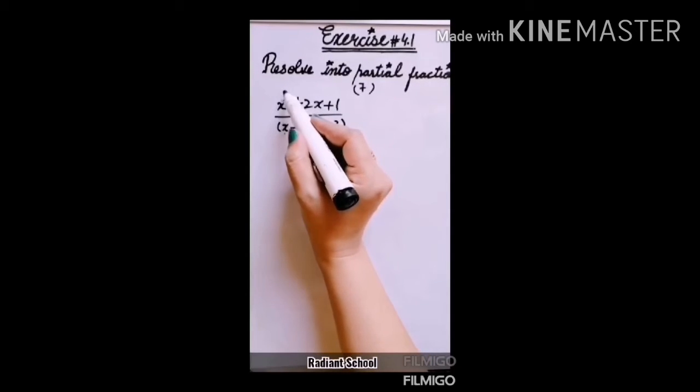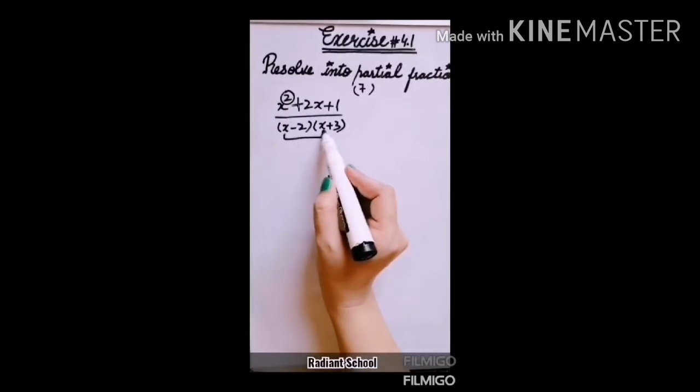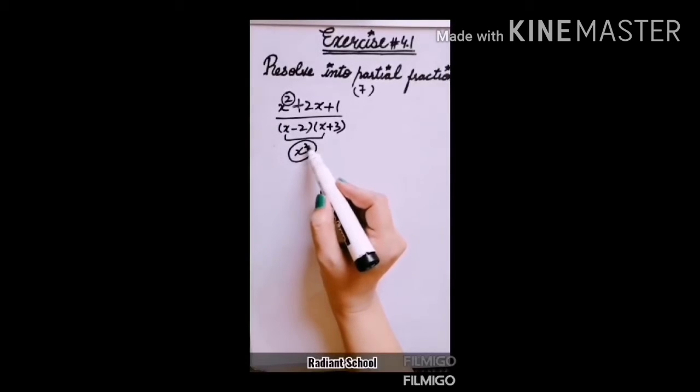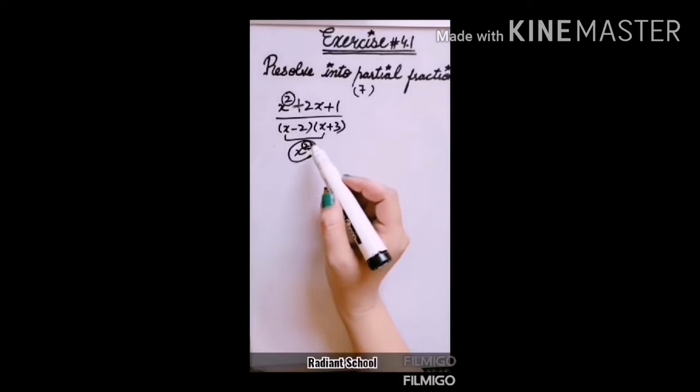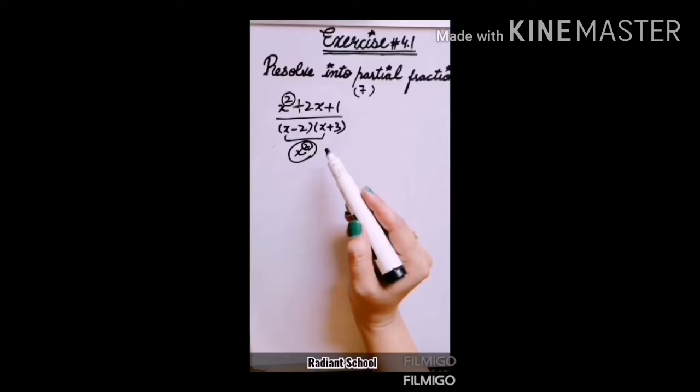The highest power of the variable involved in the numerator is 2. The degree of the denominator, the highest power of the variable involved in the denominator, is also 2. So you can see, when the degree of numerator is equal to the degree of denominator, I have told you that it is an improper fraction. You have to stop here. First of all, you have to make it proper and then you will do the same steps that you have done in question number 1.